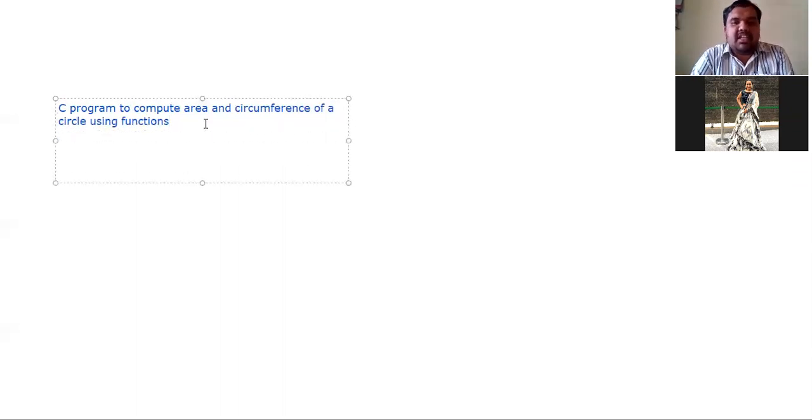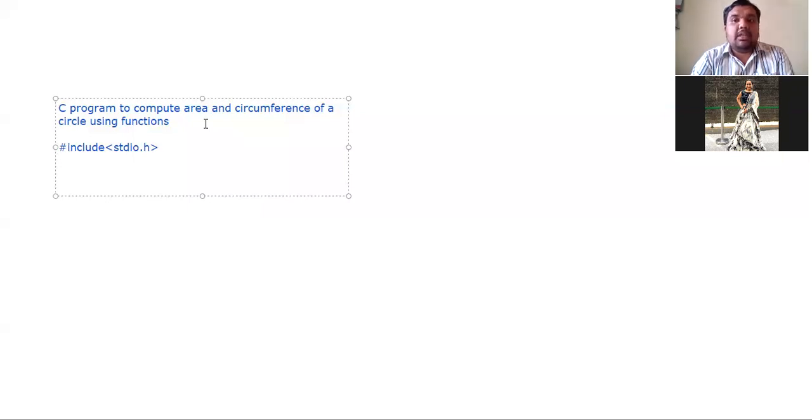What are the parameters here? Only the radius, that's all. The objective of this program is to compute the area and circumference of the circle using the concept of functions. Now let us write the program. Hash include stdio.h header file.